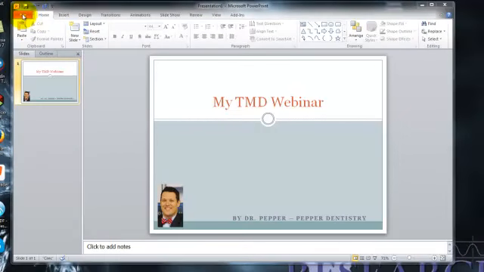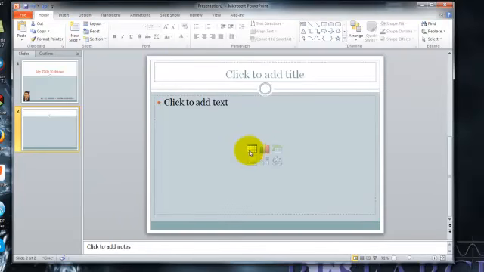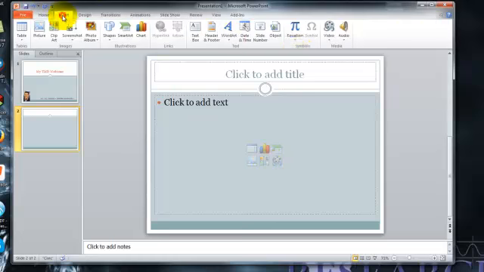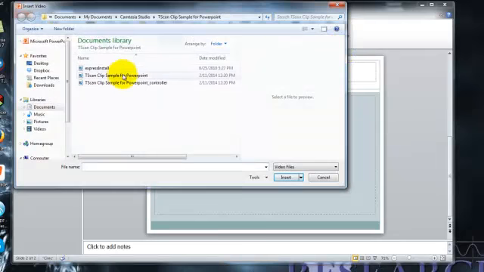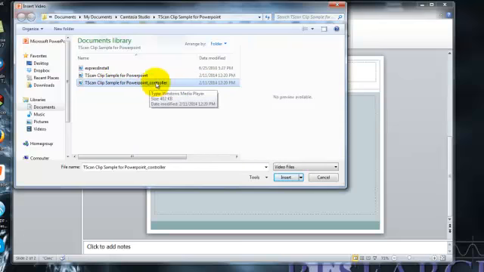So now all I need to do, okay, so what you should do now is we want to insert the video, so I'm going to do a new slide, and then we have these icons that come up here. And if you already have an existing slide, you may not see these. Now this is for PowerPoint, keep in mind. It may be a little different for Mac, but otherwise you can do insert video, video from file. And you may have to play around with this. There's different formats in here. For this case, the PowerPoint underscore controller, this is the file I want to use. So I click insert,